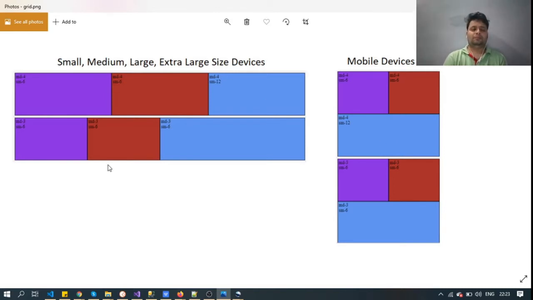The same happens with the second row, which contains three columns and is now divided into two rows, with the first two columns in the first row and the third column in the second row. So let's try to create this by hand.